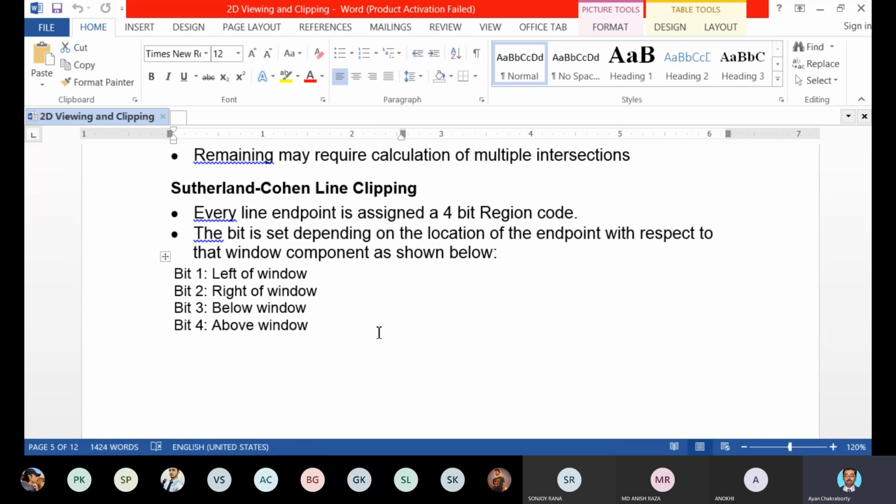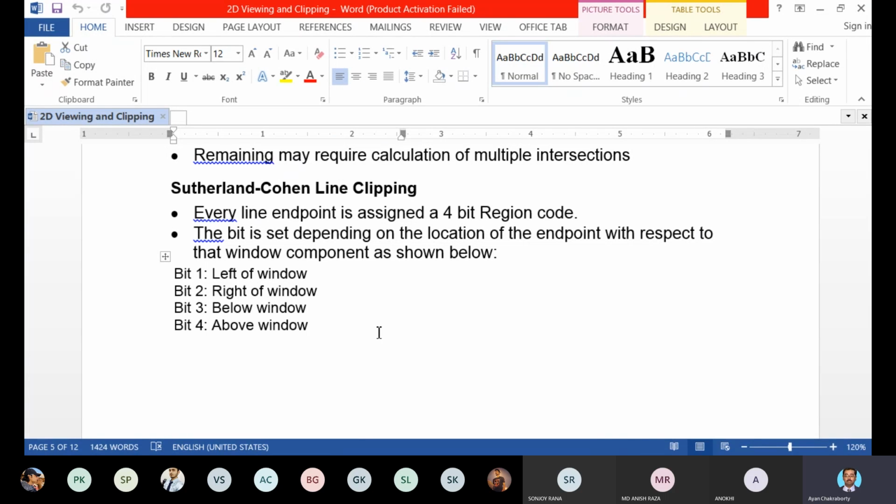How will we find out the sequence? What will be the first bit, 0 or 1? What will be the second bit, 0 or 1? What will be the third bit, 0 or 1? What will be the fourth bit, 0 or 1? How will we decide that? This is the logic to decide each and every single bit.